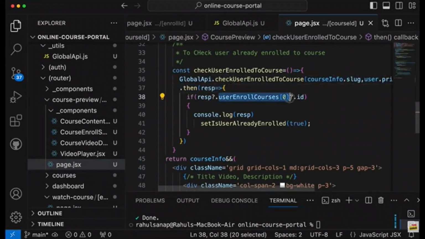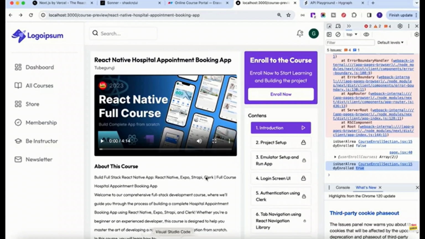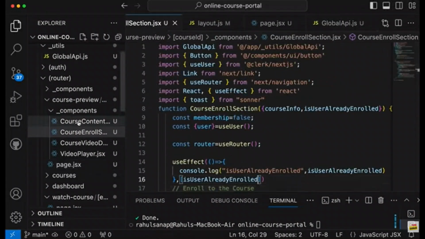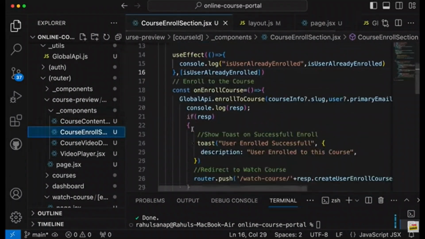Okay, and obviously we need to check the list of array whether we have this value or not, and then it will return the value. Okay, perfect. Now the only thing here we have to update, because we know that the user enrolled in the course, we don't need to show this enroll now option. Instead of that, we want to show the option called continue button. Okay, so let's go to this course enrollment section,